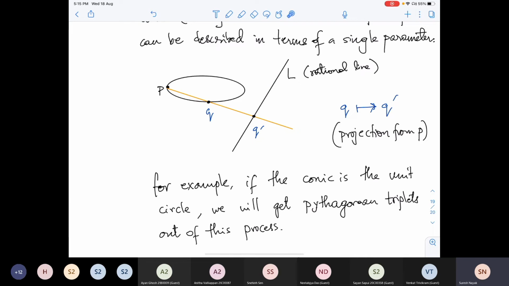If you do it carefully through a particular line, you'll get rational points, and you have to sort of clear off the denominators, and you'll get your Pythagorean triplets, because they are x squared plus y squared is equal to z squared, but that's really x squared plus y squared is equal to 1. I mean, it's x over z whole square plus y over z whole square is equal to 1. So it's really coming from the